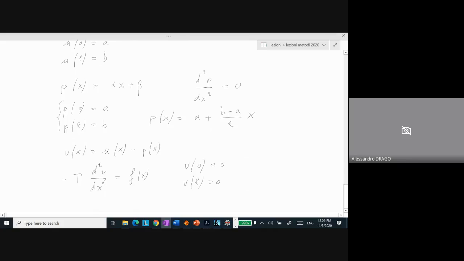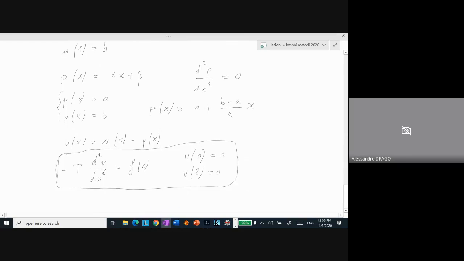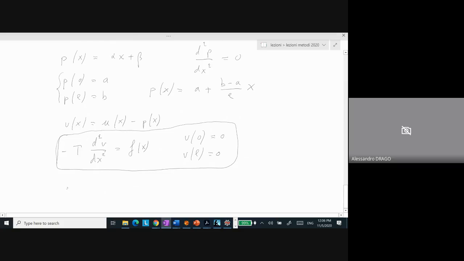And after we solve this problem, which is a problem with homogeneous boundary conditions, using the same technique that we discussed last time, and when we have determined v of x, of course, u of x, the solution of the original problem, is just v of x plus p of x. And this solves the problem. Okay, so this is the way to deal with